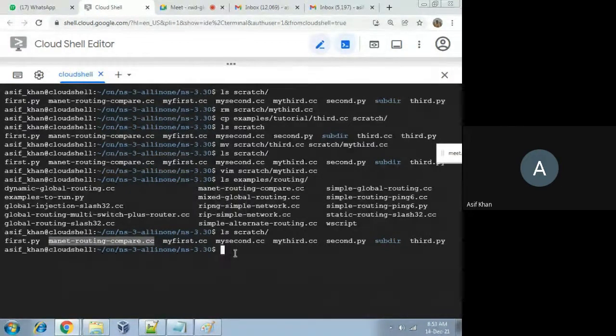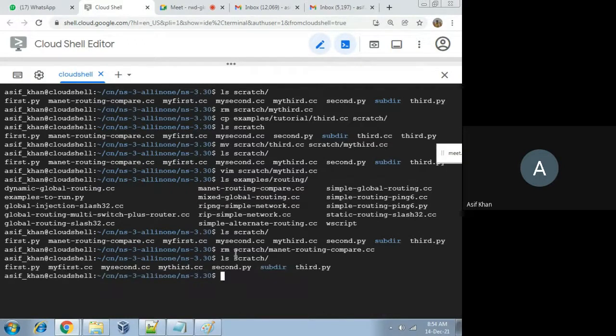So let me remove this first. rm scratch/manet-routing-compare.cc. Again ls scratch. See, it is removed. Now I will copy the same file from the routing directory.